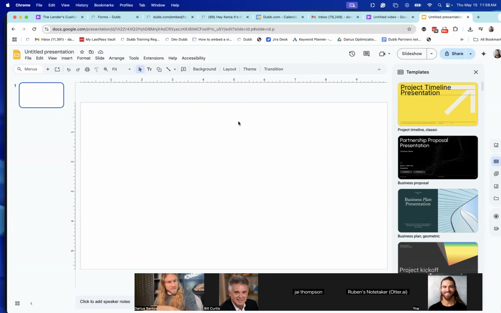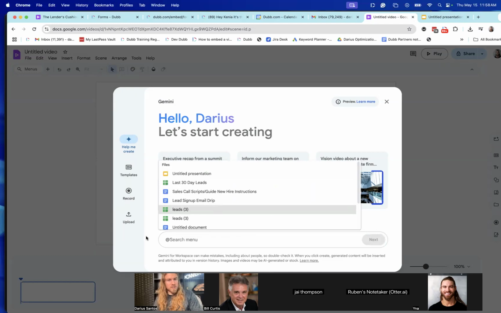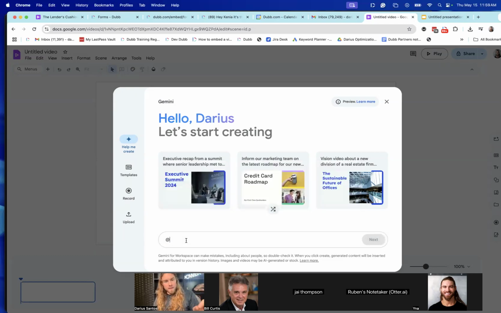So like Jai, again, that specific listing you want to reach out to them with, throw the images of this listing in here. And then in this one click, you do the at symbol, select that presentation like this. Literally just the at symbol will allow you to select your existing presentations. And put a website link, like a website. It has to be a Google asset. So it has to be a Google Drive, Google presentation, something within the Google workspace for it to directly connect to. And then also add the prompt.